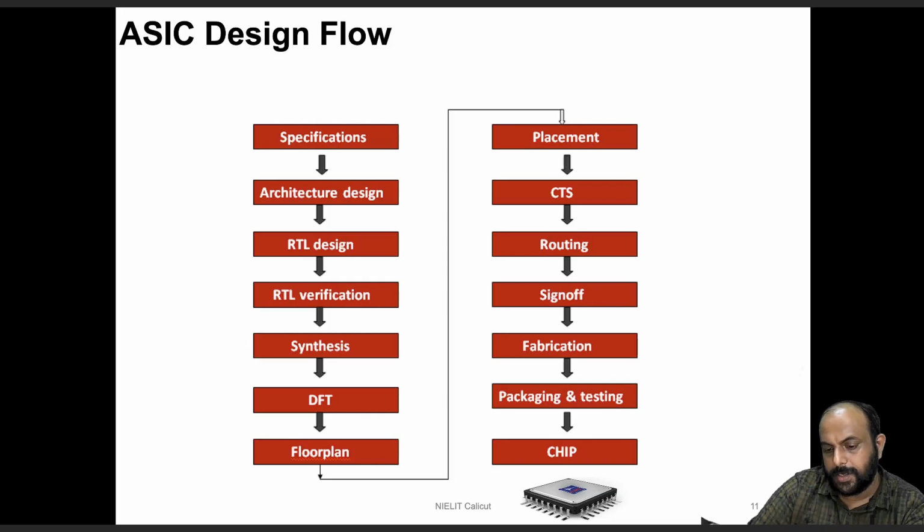What we get out of this is a die which will be packaged to give it rigidity as well as to give it a physical structure that can be handled by the consumers. Okay, so that is how an ASIC flow is designed. We will look at what is meant by synthesis, floor planning, CTS, routing, and so on, which forms the backend stuff now.